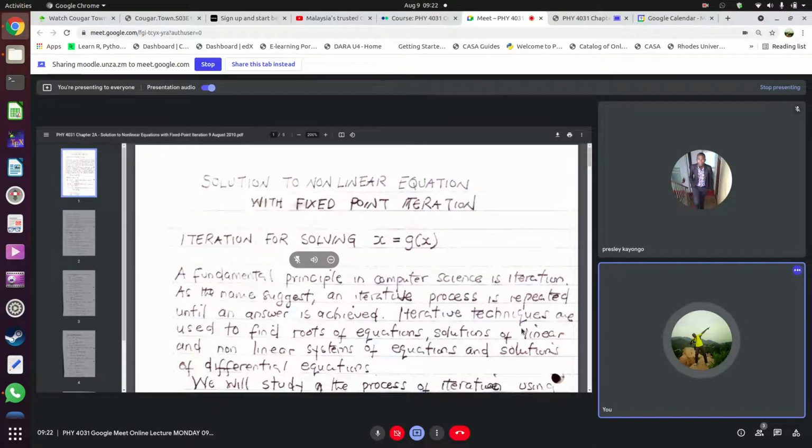Last year, when we did systems of linear equations, we used Gauss elimination with pivoting. We also used LU decomposition, but we could also do the same stuff by simply doing iterations. You could also use the same iterations to find solutions to systems of nonlinear equations, as we are going to see in this course. The other thing you could use iterations for is when you're trying to find solutions to differential equations. Okay,